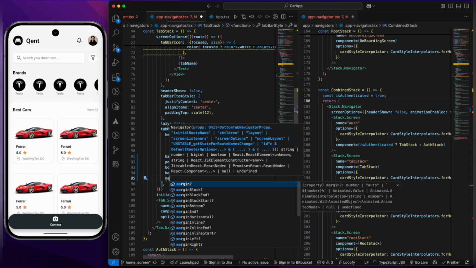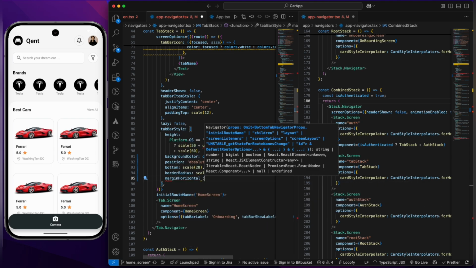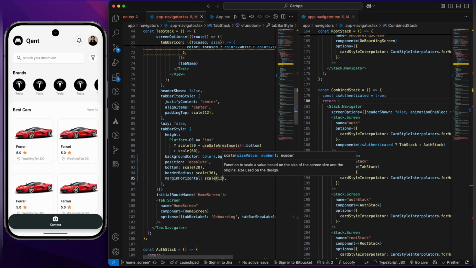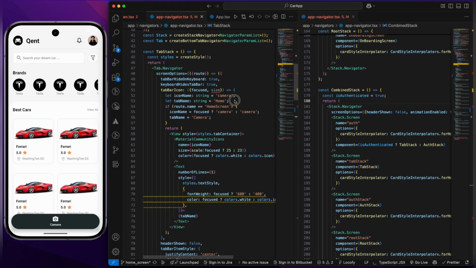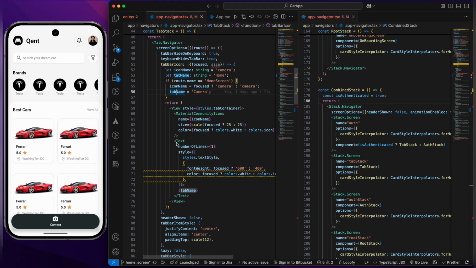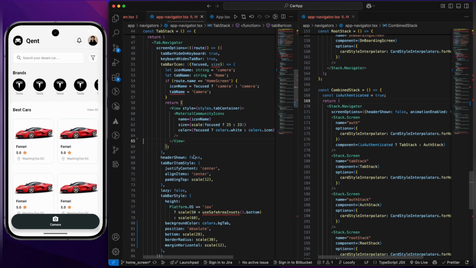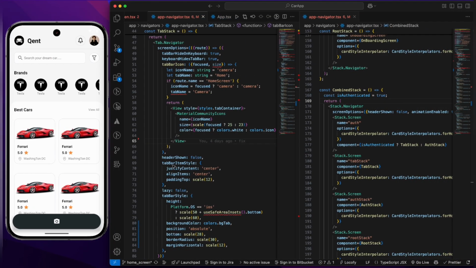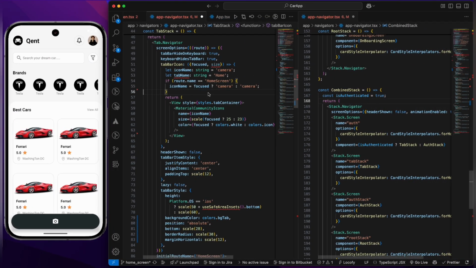Let's add margin horizontal. Let's give it scale 12. So yeah, it's looking fine. So instead of the name camera, as you can see, the tab name is camera. Here they do not have any kind of tab name, so we are going to remove this. We only need the icons to be shown. So what we'll be doing, remove this,